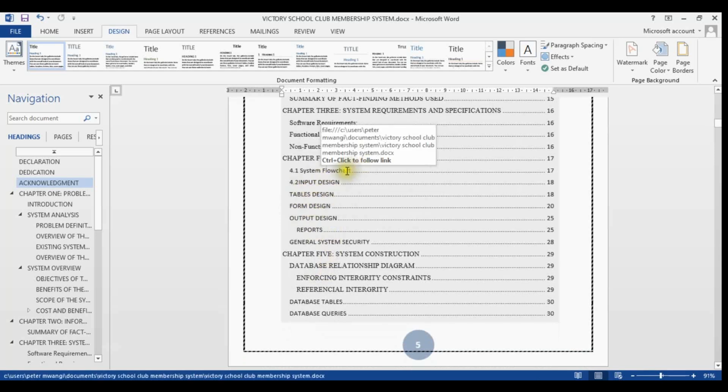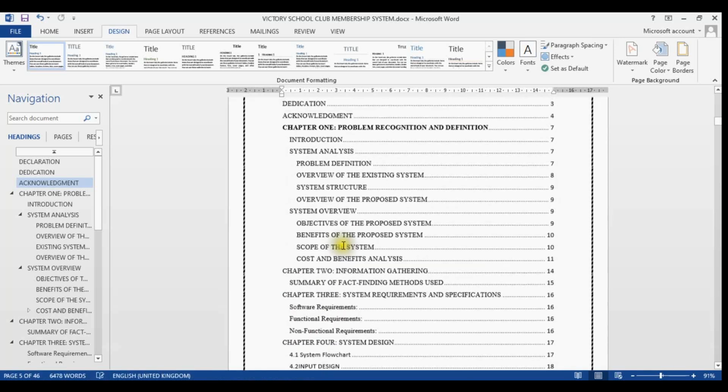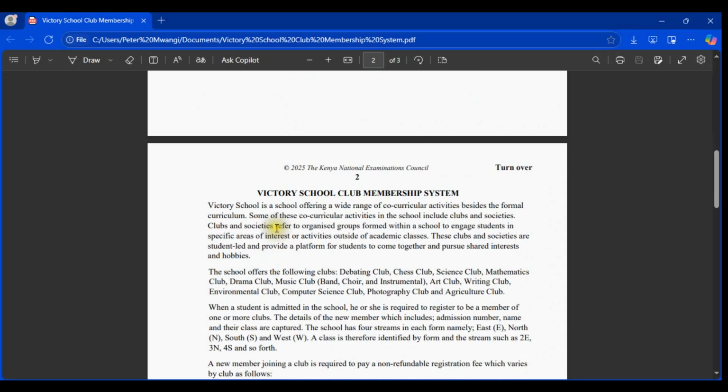For the system flowchart, I'm not going to tackle it here, but I'm going to give some tips about how it should be done. I'm not going to show how mine looks like, but I'm going to give some tips on how you should come up with one. Then we have input design, tables design, form design, output design that involves reports, and then lastly we will cover general system security. So we can begin with, if we look at this question here, we are told Victory School